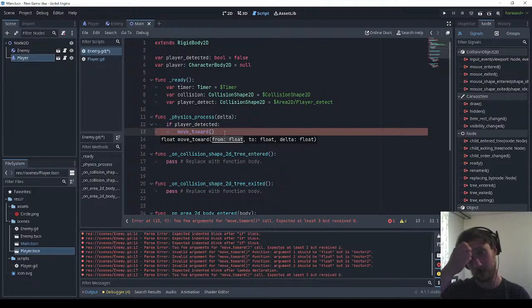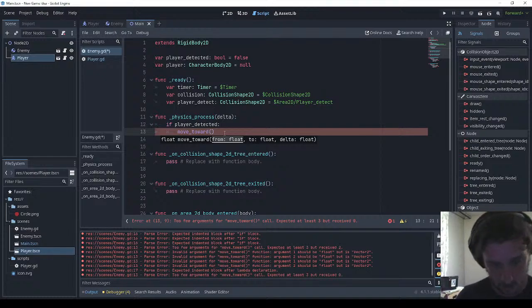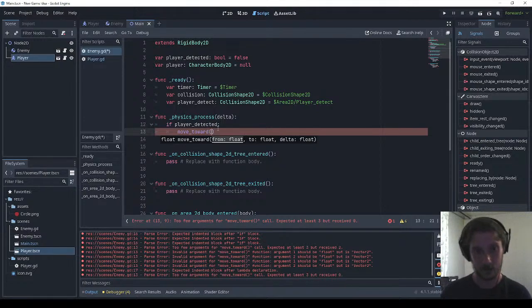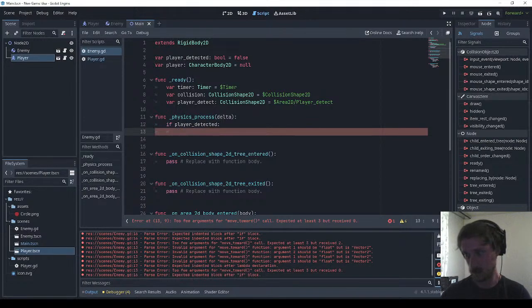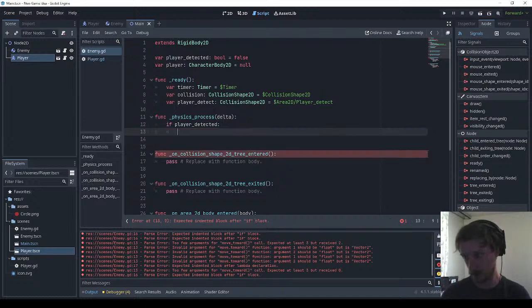From float to float with delta. Okay, so Vector2 dot